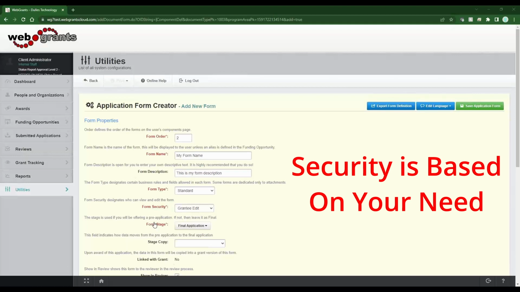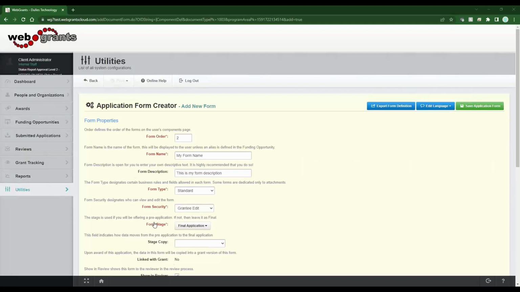But if you're building a grant form, a grant is an already approved project, right? We've awarded that grant. So most of the time, you don't want the grantee to just go into their grant and just be able to edit the form, especially when you think about the budget, things like that, where you've already approved their budget. You wouldn't want them to just come in there and edit and give themselves more money. And that's just an example. So the security you need to think about depending on your form. It's an application form. I want my applicant to be able to edit. So it's grantee edit. But if I was building a grant form, I would probably go with grantor edit only,